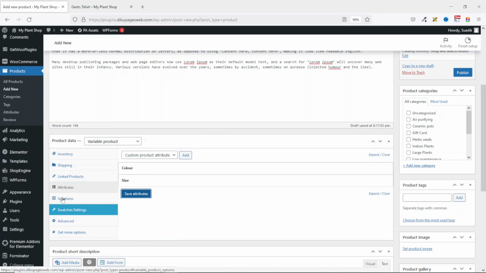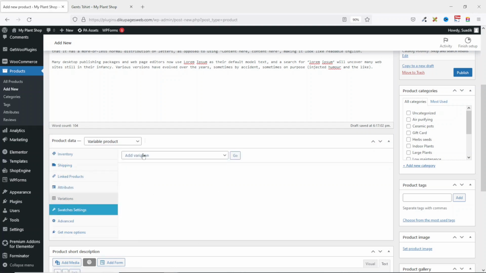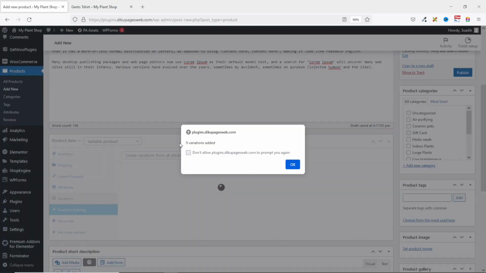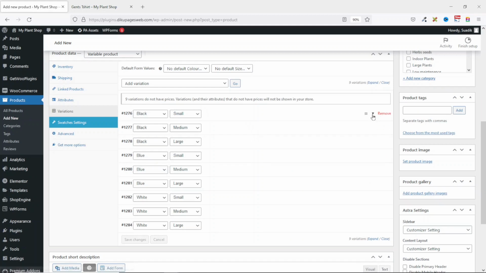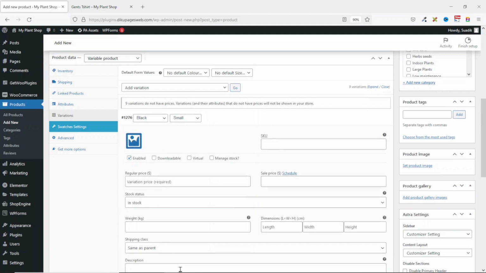Next I go over to variations. Under add variation, I drop down the arrow and I click on create variations from all attributes. Then I click on go. Okay. 9 variations will be added. I click on OK. So in here, you go ahead and expand them up in order to add the images